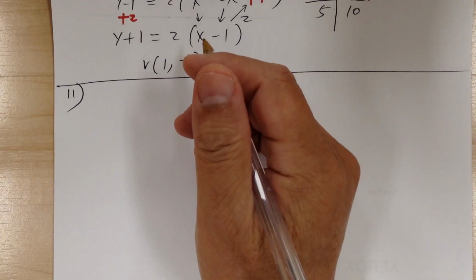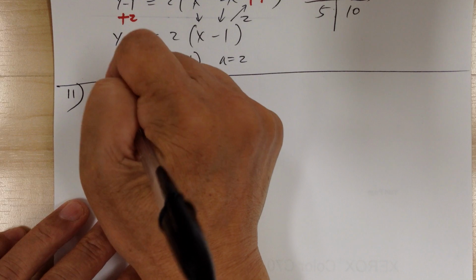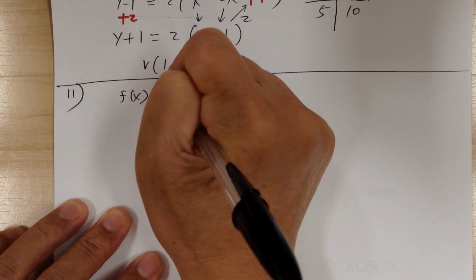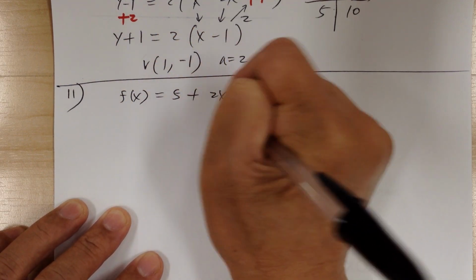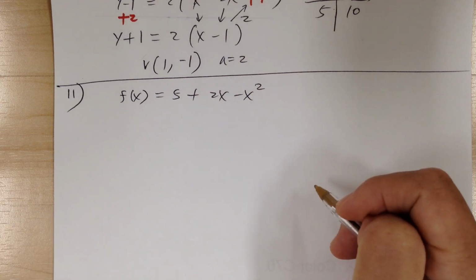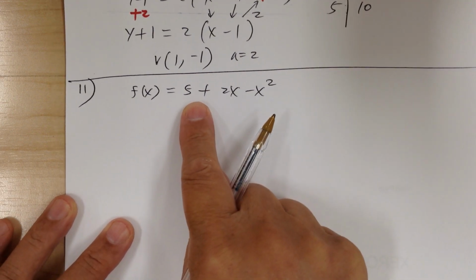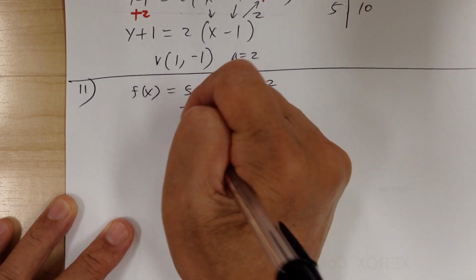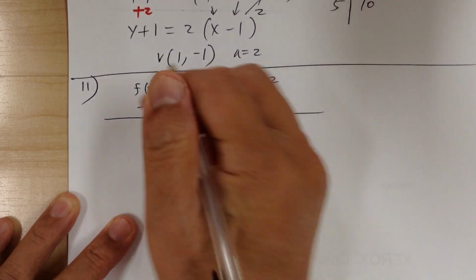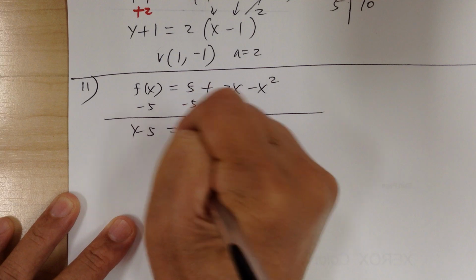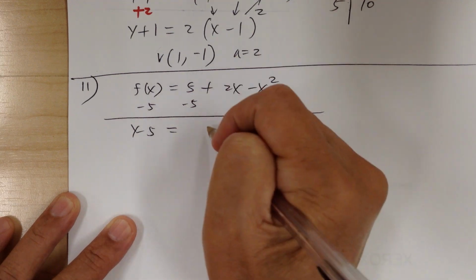Okay, number 11. You have f of x equal to 5 plus 2x minus x squared. First, let's get rid of this number because it's in the way. So minus 5 on both sides. So you get y minus 5 equal to, and I'm going to arrange this in the correct order,